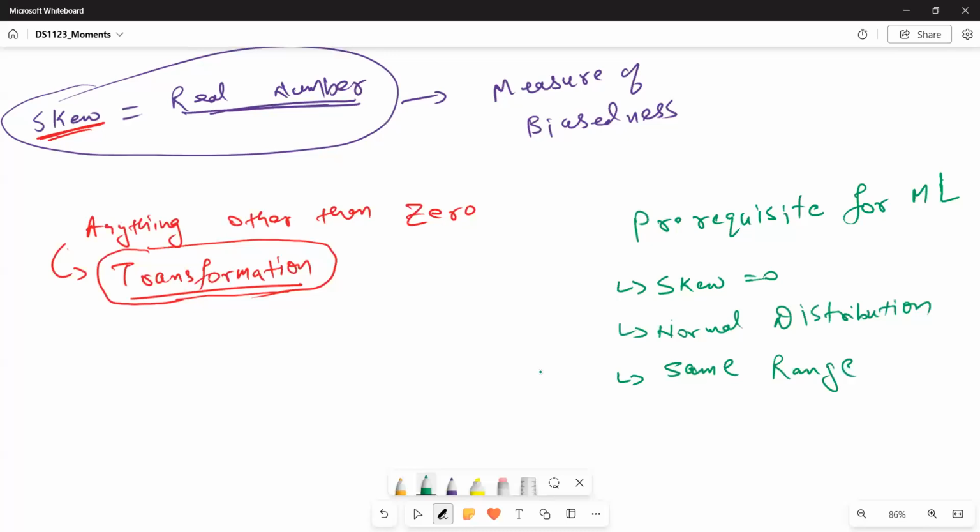This should not happen. Every value should be in the same range. There are a few more requisites, like it should be free of outliers, etc. Just to give you this idea,